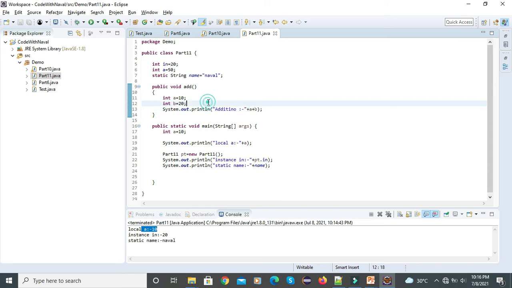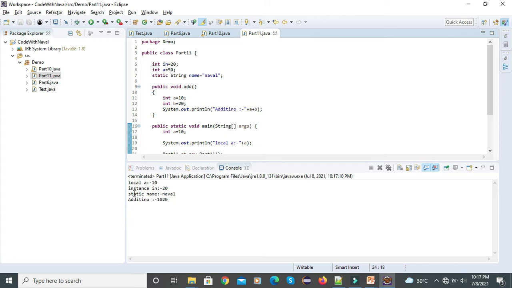Let's save this. Now we have to call this method using an object. Here we already have created the object. Now we call this add method, pt.add. Let's save this, run this. You can see here we got addition.